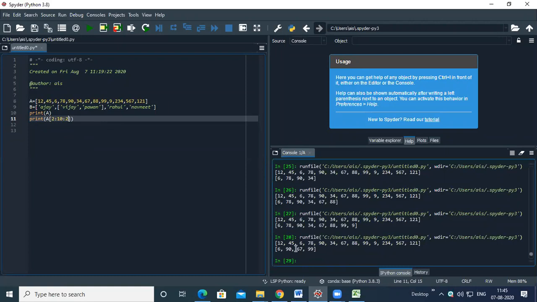Then it will print, but after skipping the element, means index number 2, then after adding the 2 index number 4, then after 4 index number 6, then after 6 index number 8, and after 8 it becomes 10, and we have to take with less than 10.